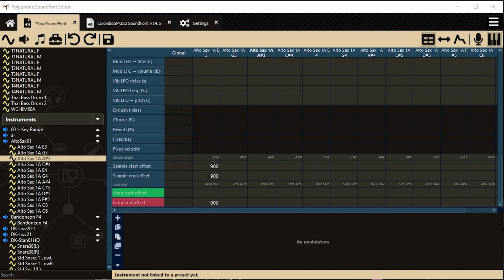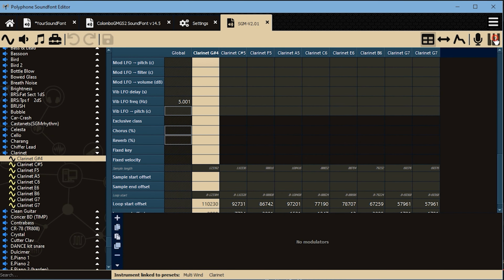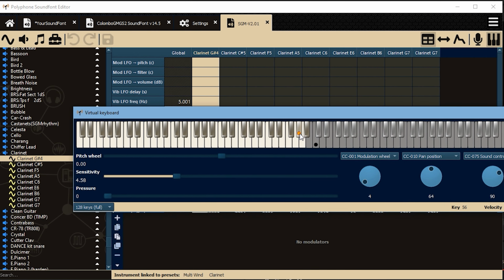SGM V2.01 uses these parameters a lot, where the correct loop points are set from the instrument editors and not in the sample section. Just don't do that. Set your loop points correctly at the sample section in the first place. Save these offset values if you have further artistic or wacky purposes like what I just mentioned, the faulty car start. Important note, whenever possible, replace equal local parameters with a single global parameter to preserve space.